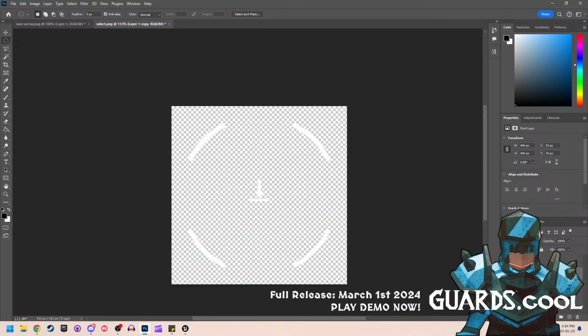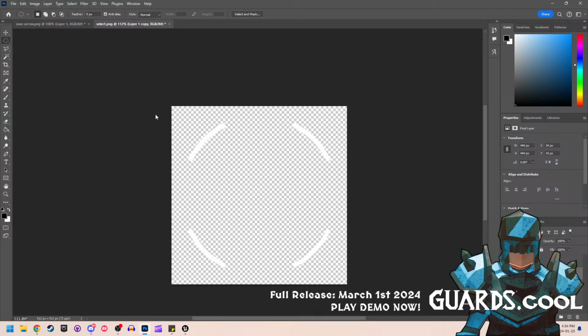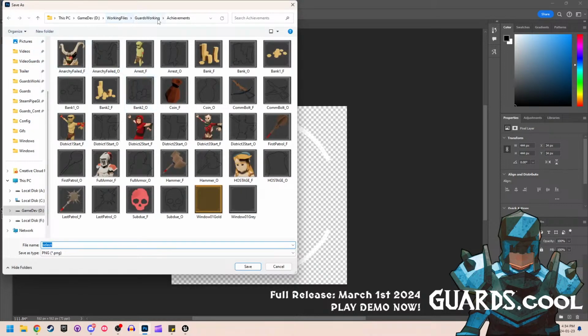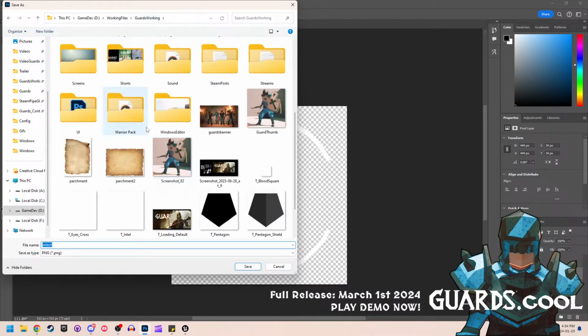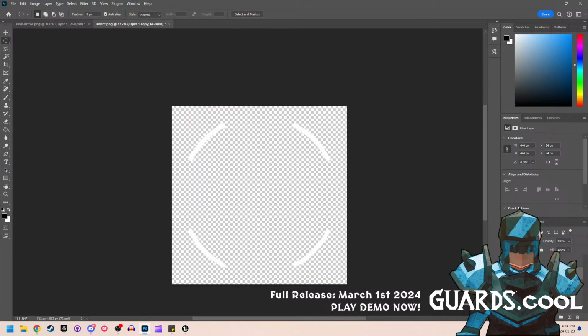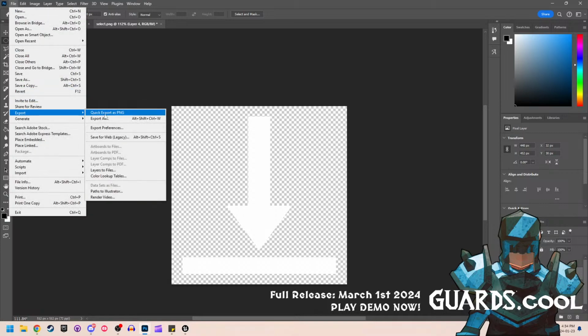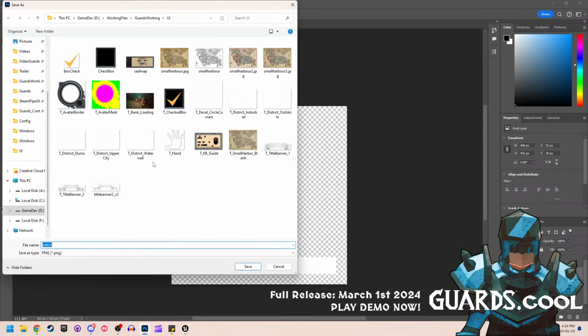So let's export this file, export PNG, and then we've got guards working, and it's technically user interface, so we'll stick it in here, t_decal_circle corners or something, and then I'll export the other one separately, and I guess actually it can be full size, and then file export is PNG,